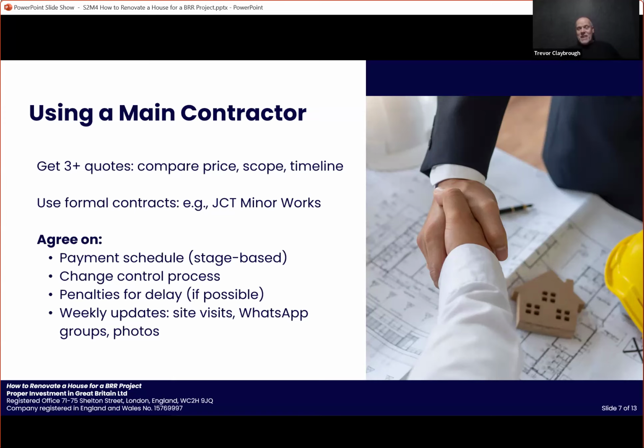But then it's not a fixed cost for the investor. The project manager will bring the plasterer in and say, look, the plastering work is going to be £1,500, you need to pay the plasterer now. So it still needs more communication between the property owner and the project manager, but it is one way of doing it. But the more common way is either main contractor or effectively self-managing. But self-managing needs you to be on site frequently. Generally, I would say at least once per week, and better a couple of times per week,